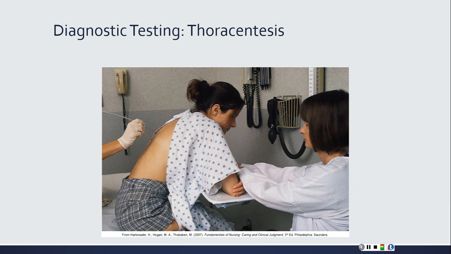What's the medical term for puncturing a lung? Anybody? Pneumothorax. There you go. Pneumothorax or collapsed lung. Okay. All